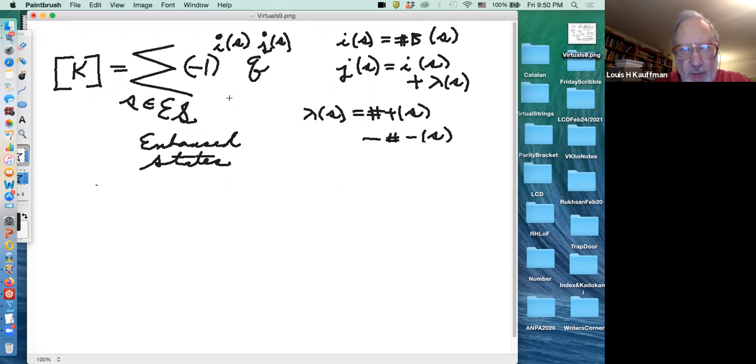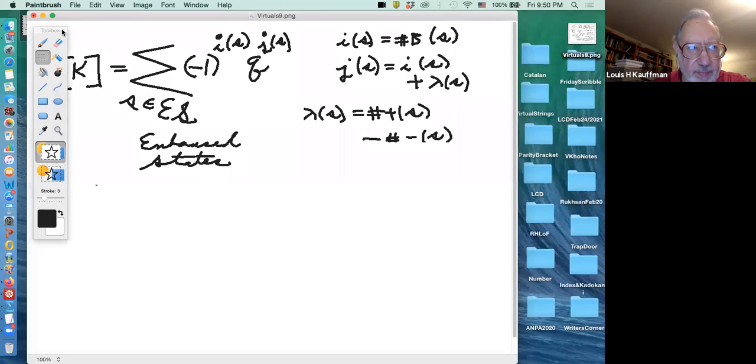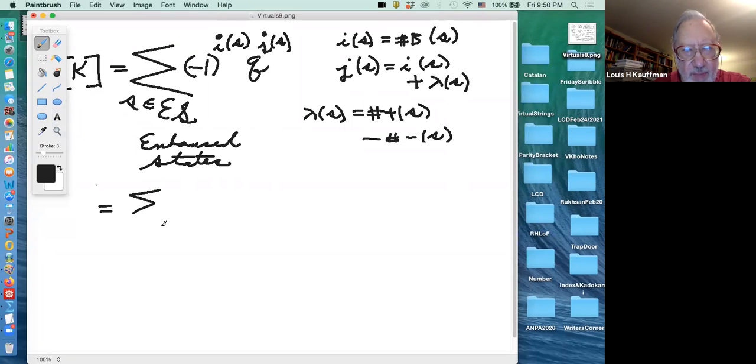So I want to write this in the following way. I want to rewrite this as equal to the sum on S belonging to, I'll just write E for enhanced states, of, and then I'm going to sum on